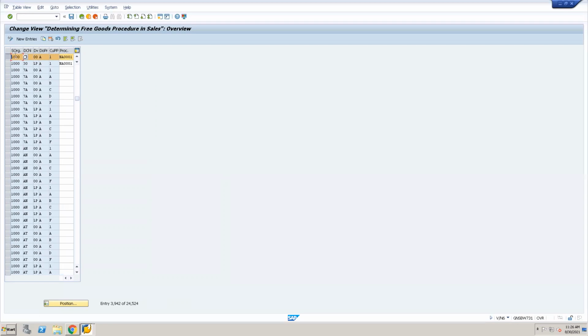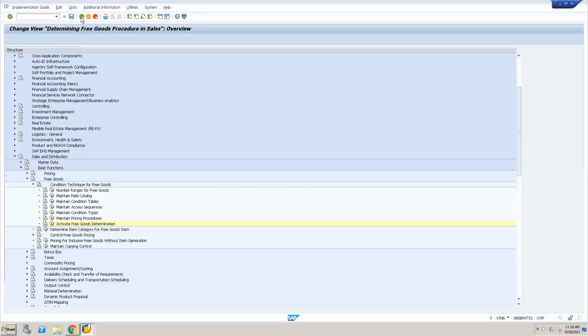ఇప్పుడు మనం ఇందాక క్రియేట్ చేసిన ఆర్డర్ దేంట్లో ఉంది, 1000 to 1030 అని క్రియేట్ చేసాం. కానీ అక్కడ ఫ్రీ గుడ్స్ డిటర్మినేషన్ ఎందుకు అవుతుంది? బికాస్ ఆ సేల్స్ ఏరియాకి ఆ ఫ్రీ గుడ్స్ ప్రొసీజర్ అసైన్ చేసింది, అందుకే అది వచ్చింది.